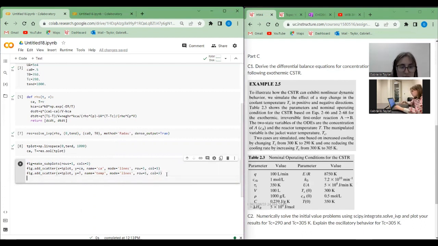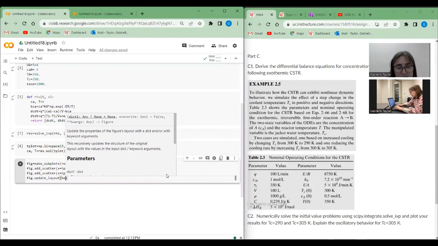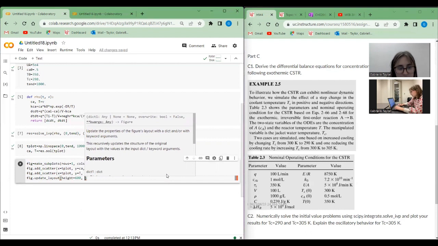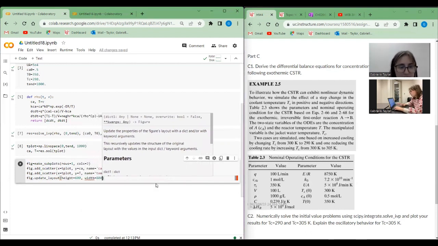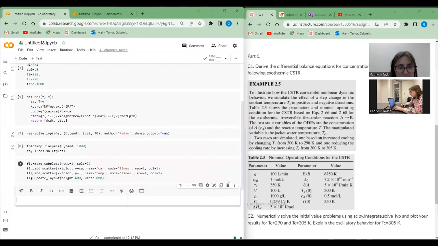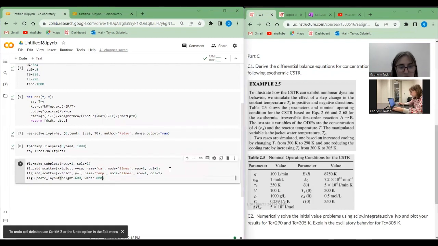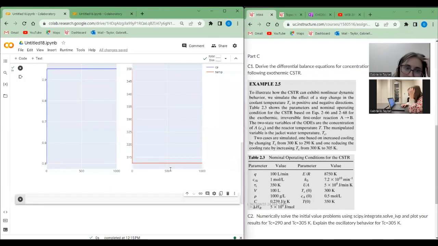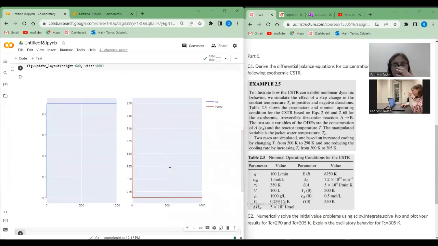And so then let's just update our layout. So fig dot update_layout. This is going to be height equals 600. Width is going to equal 800. Okay, so let's do shift enter. Let's see what we're working with. Okay, so